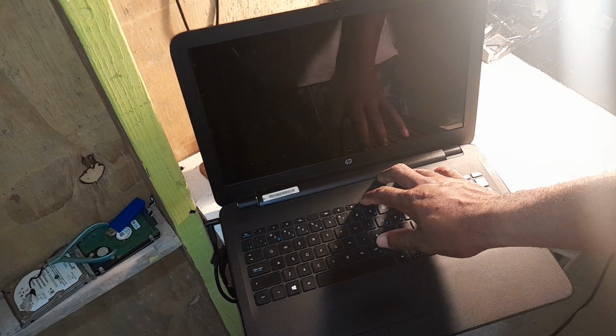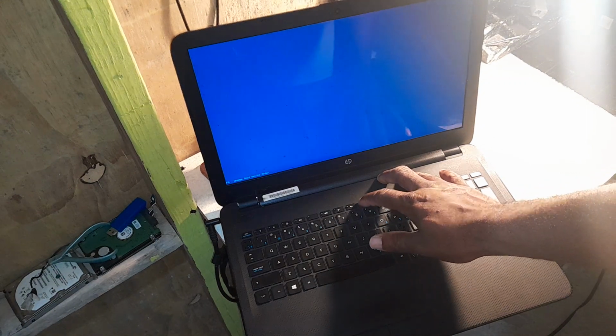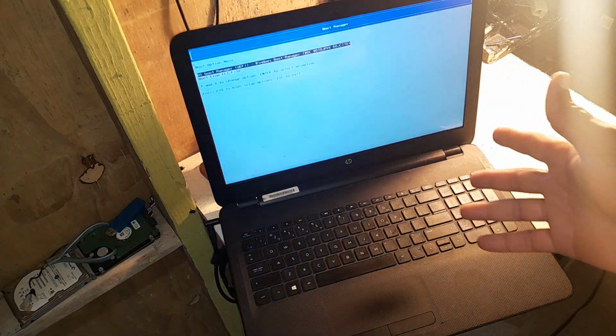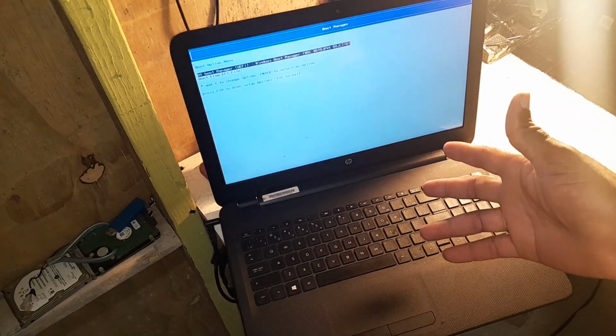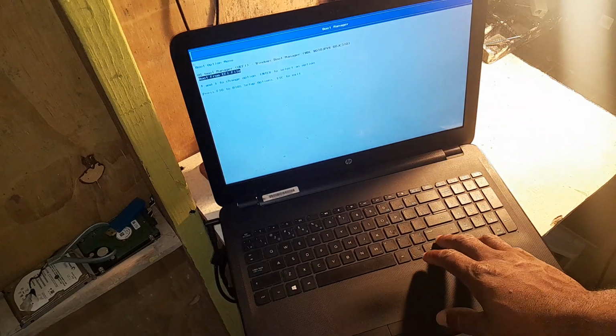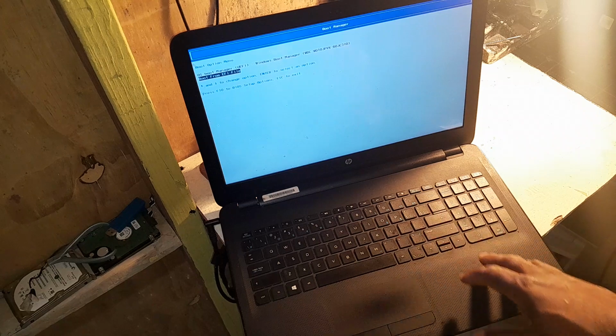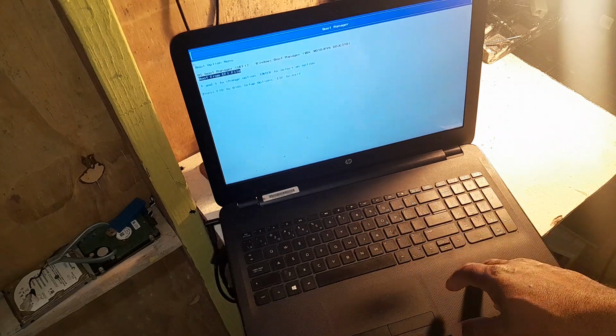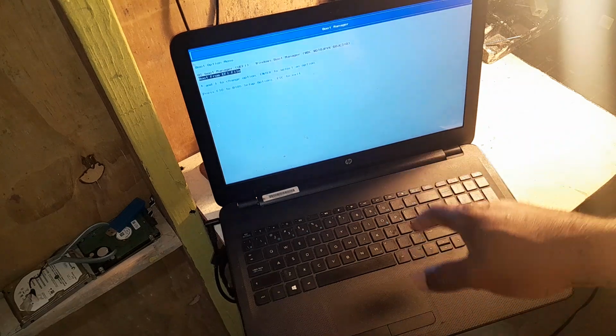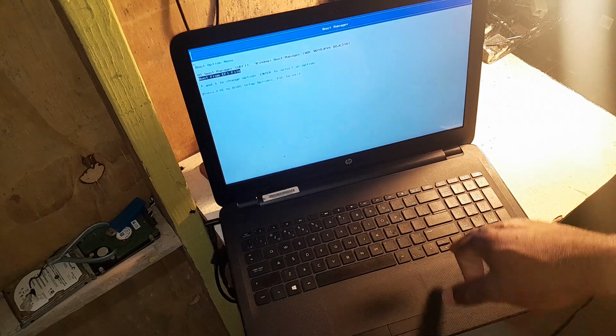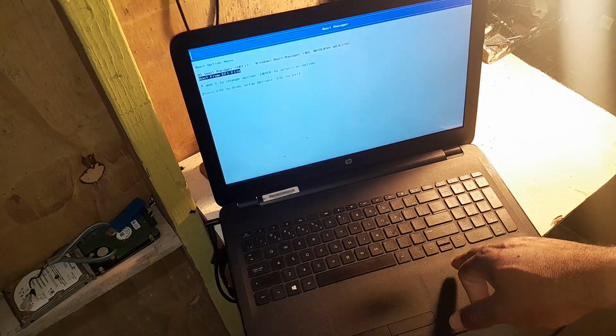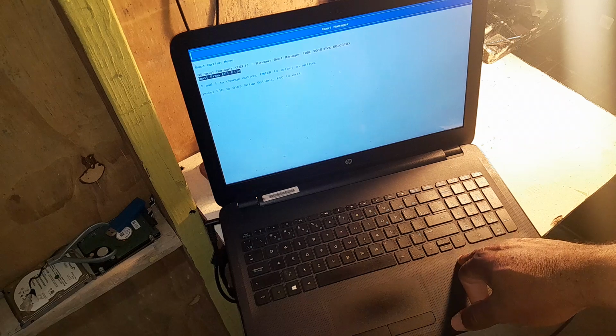Once the laptop is powered up, continue pressing down on the F9 key and it will take you to this section. Once you're here, then you can actually choose your booting option. Again, it is an HP laptop. In the description section of the video or in the title of the video, I'll definitely give you the exact model